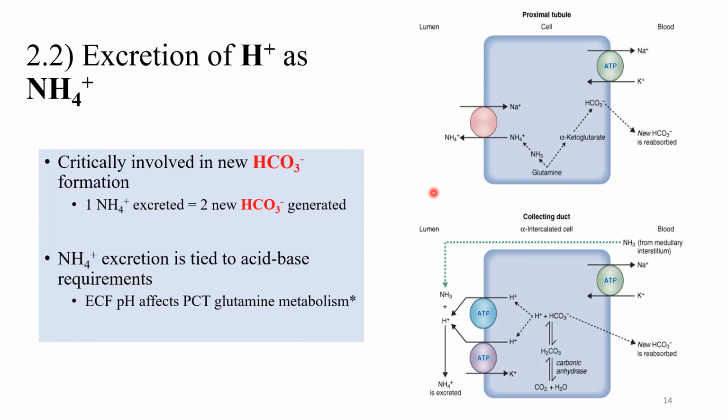Okay, so that's one aspect of any change in acid base having its effect on glutamine metabolism and the whole thing that I described. However, if there is chronic acidosis, so the acid-base disorder is not sorted out by all of these mechanisms in the acute timeline, and if it enters into longer periods, then this ammonium excretion can increase its hydrogen excretion as ammonium ions to 500